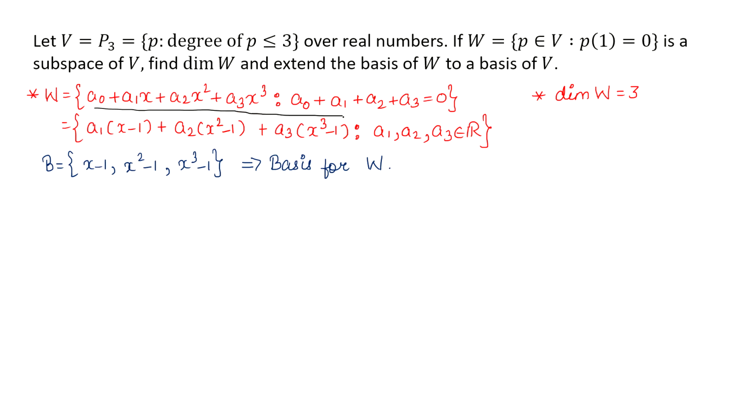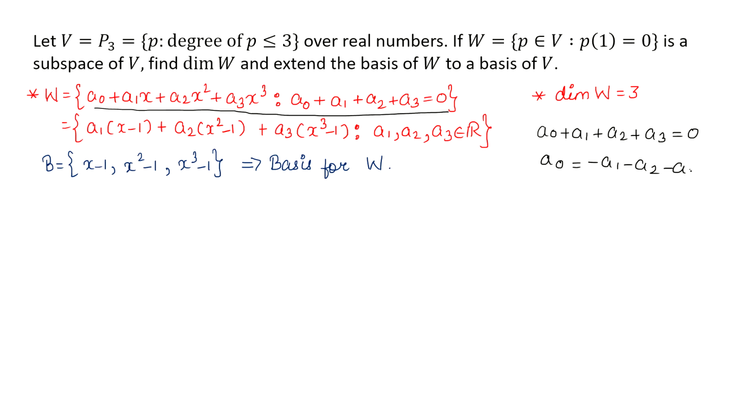This one. That is, a0 plus a1 plus a2 plus a3 is equal to 0 if that polynomial is an element of W. And a0 plus a1 plus a2 plus a3 is equal to 0 implies a0 is equal to minus a1